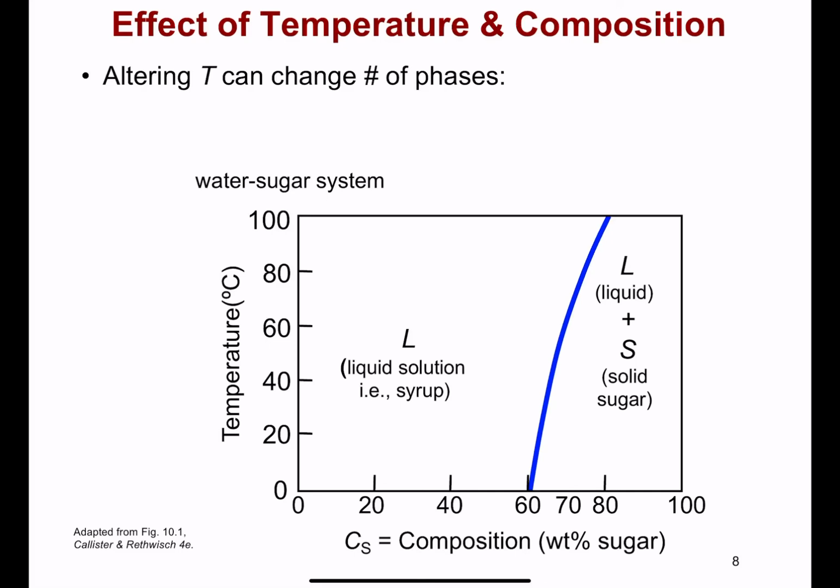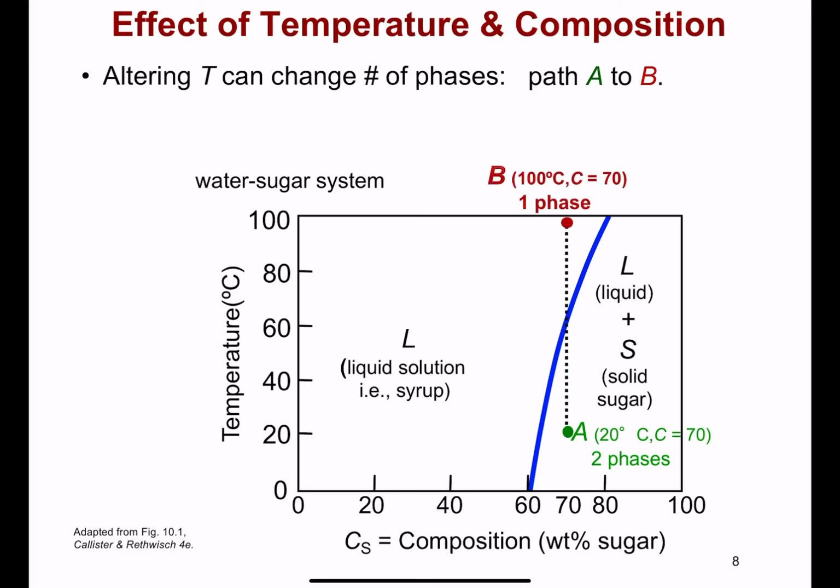Okay, so we can use these phase diagrams to understand other processes that we might execute in our homes or in the lab. So let's consider an example where we travel from point A to point B. So we start with a mixture that is represented by the coordinates that is room temperature, and we have 70% sugar. Hopefully you would predict that we have two phases, syrup and sugar at point A,